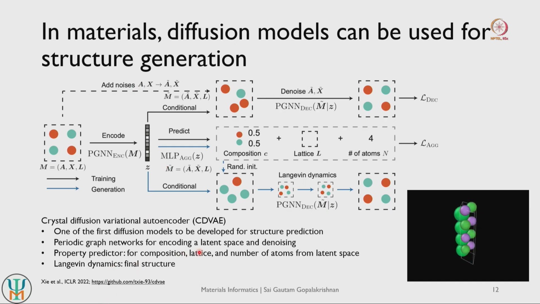And eventually this diffusion model works in a way that it uses Langevin dynamics at the end to generate the final structure. So it starts off with a random structure first and then it employs this Langevin dynamics to reduce noise and it finally generates an ordered structure. As it samples multiple structures, the usual workflow is that you take multiple of these sample structures and then you determine which is actually the truly good structure, right, for your given application.